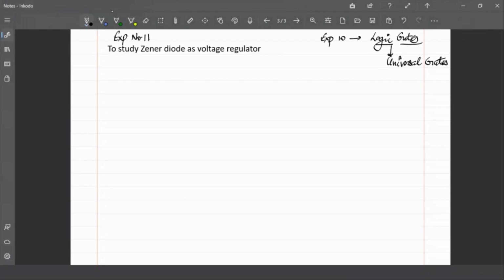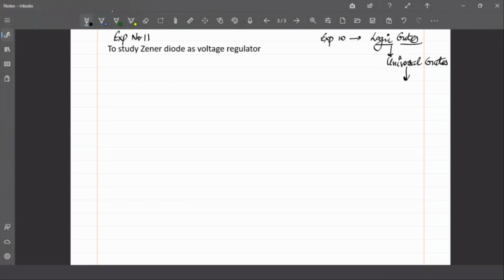Out of which NAND and NOR were actually the universal gates, and we had seen with the help of the truth table of all these individual gates how you can use these universal gates in order to develop the logic of the basic logic gates, right? So that we had done using various methods you can do. One of the methods was using that online simulator, the circuit verse website which I had told you. Other than that, we could also do it using Logisim software, and the link I had shown you. So I believe that is clear to all.